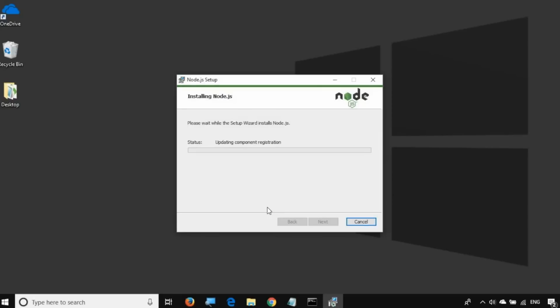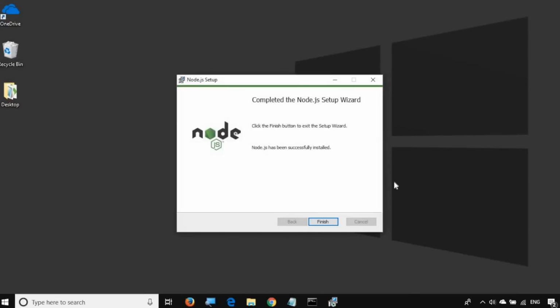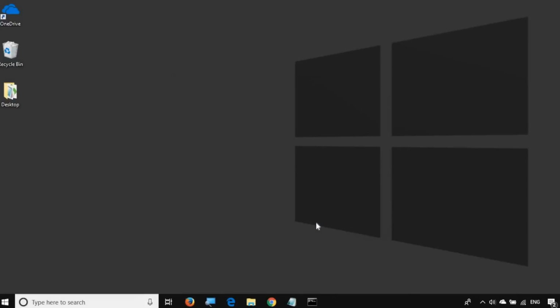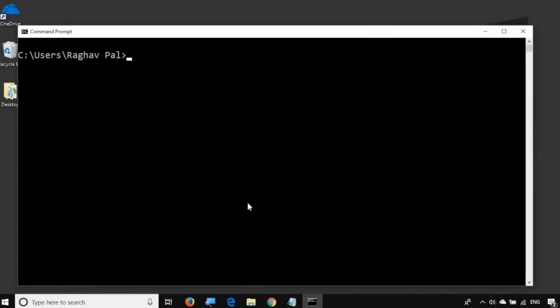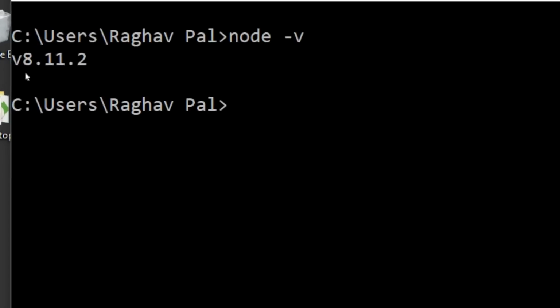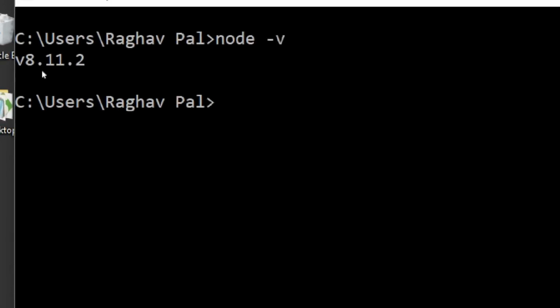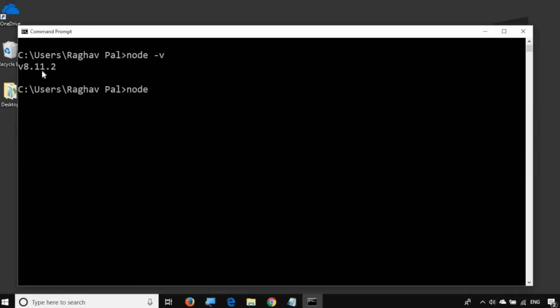This will start the installation of Node.js on our system, and it should take a couple of seconds to a minute. You can see the Node.js installation is done. So click on finish, and now if you go to your command line and say node -v, you can see we are getting the version of Node.js, and the latest version as of now is 8.11.2. Or you can say node